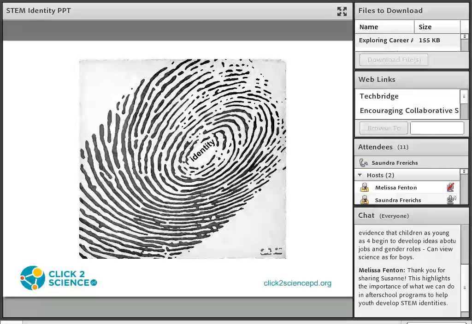And identity matters to what young people in our programs are able to accomplish, because identity impacts the options that are open to them in life and the paths that they can choose. So that's really what we want to emphasize here about why identity matters.